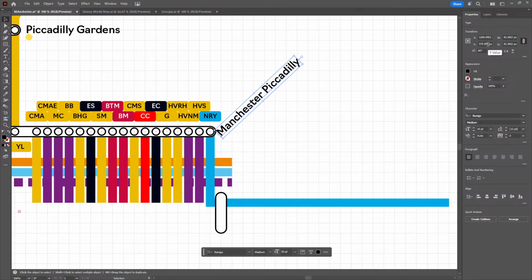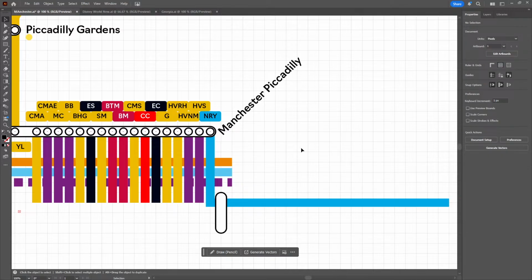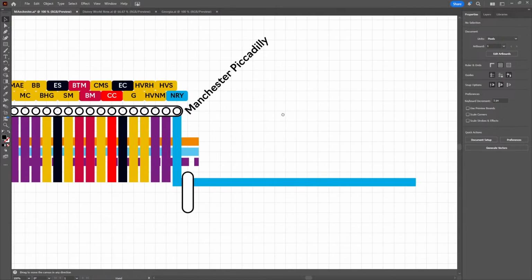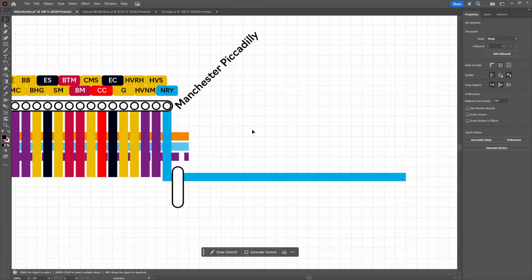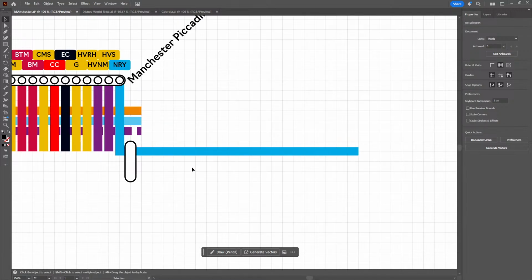Move this up. Move it out like that. There we go. Manchester Piccadilly. Alrighty. Manchester Piccadilly, relabeled. And then we have Ardwick, and then